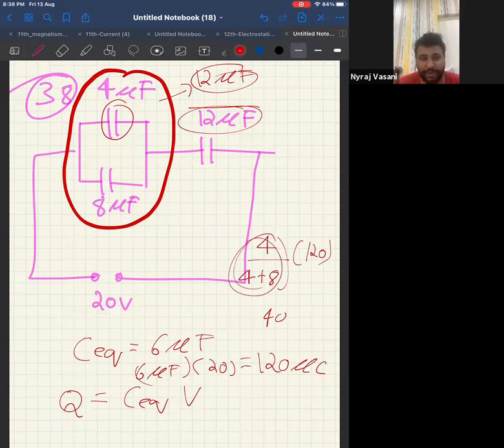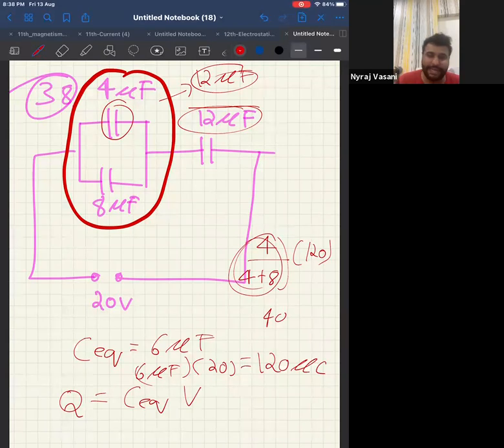There is one more way to do it. Can anyone tell me one more way to do it? C1 upon C1 plus C2, you can do that. Well, that is for potential. Just check. That is for potential. The formula that we have done now, that was question number 28. That is the common potential formula. That is other capacitor divided by sum of capacitor.